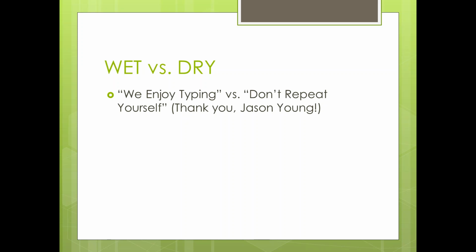And as Jason Young's presentation talked about last year, there is a balance between those things. Sometimes it's appropriate to be verbose. It's appropriate to be very specific. It's often even appropriate to hard code things. But where possible, we don't want to have to repeat ourselves. We want to make sure that when we write something really, really cool, it's also really, really portable so we can use it over and over.